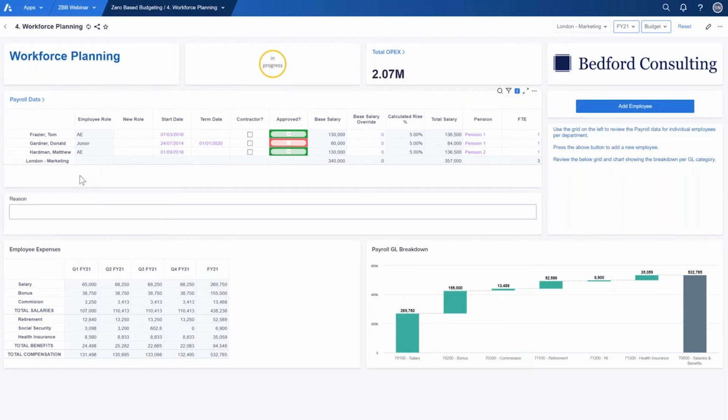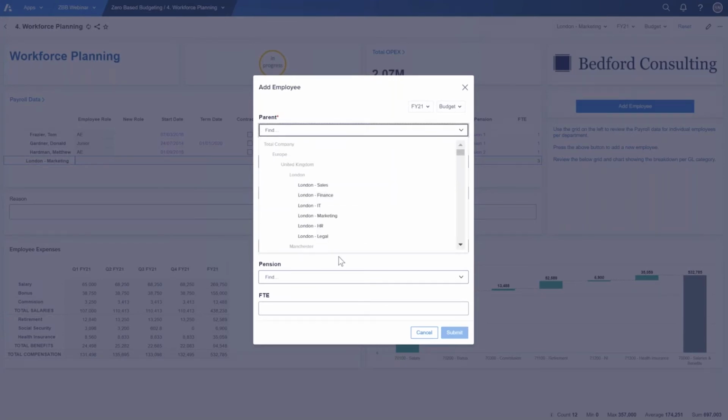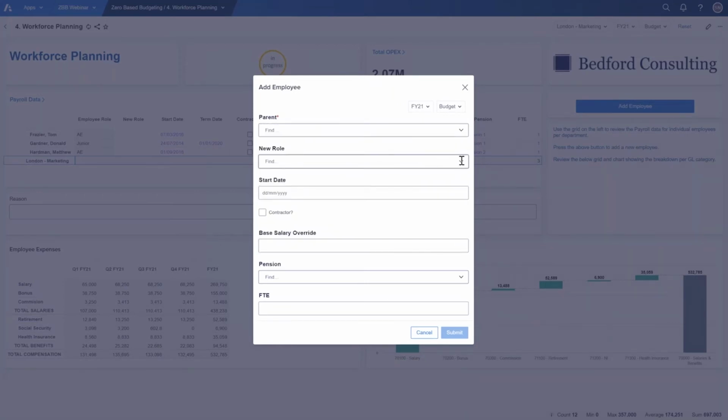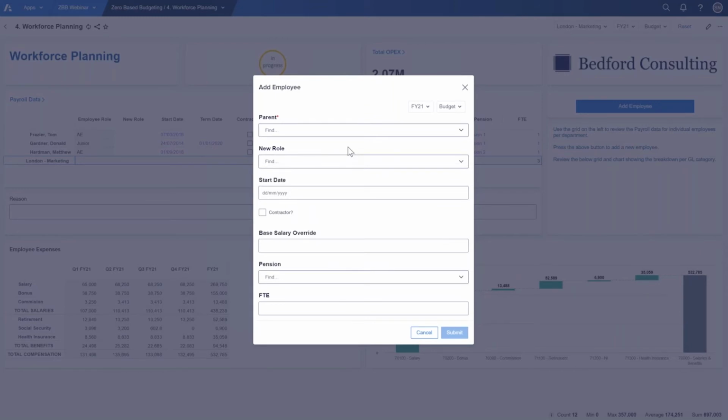And we now would have the option to add in any employees or anything else that we require at this stage in terms of information about employees. So it may be that we're adding new employees, which of course we can do from here. And we can do all of this from the page. So we could now open a form as such and input the relevant parent in terms of where that employee would sit. We'd be able to say if it was a new role, what that role would be and where they would sit as well in terms of the hierarchy of that role,